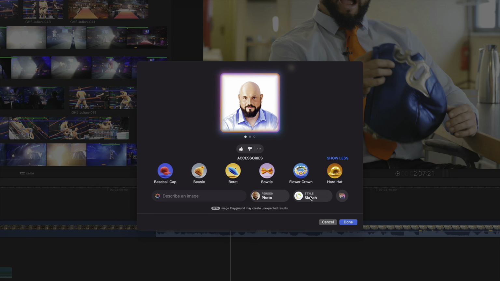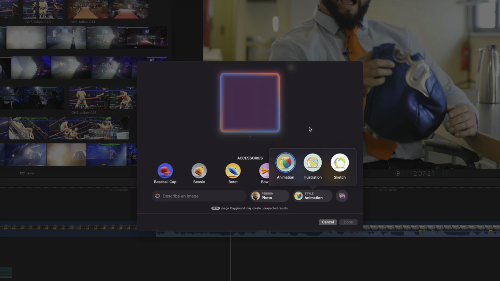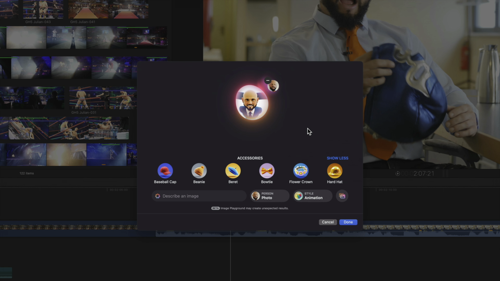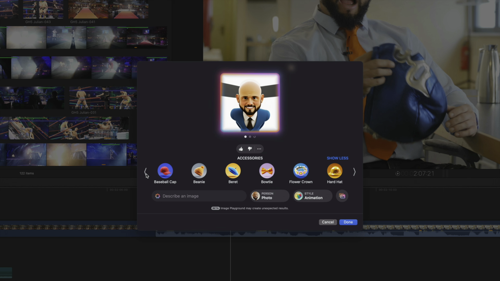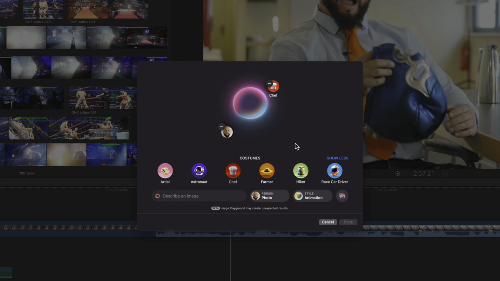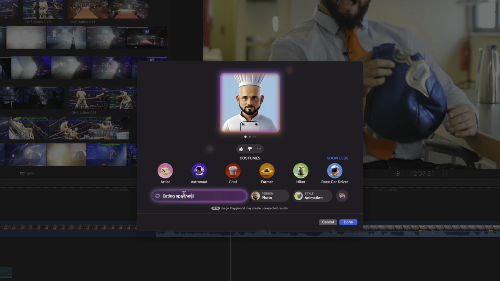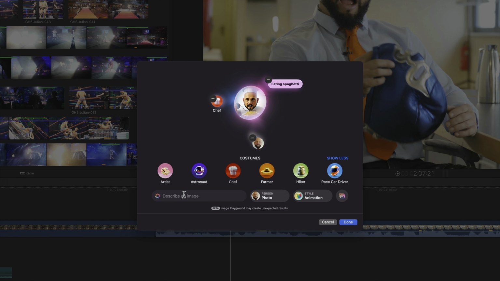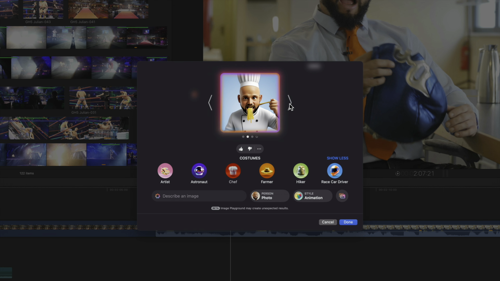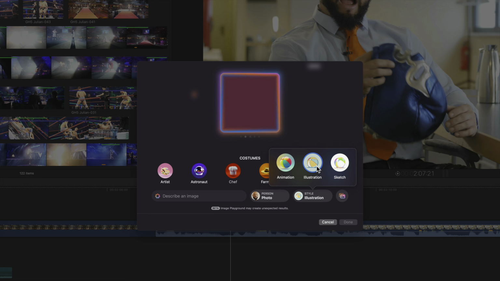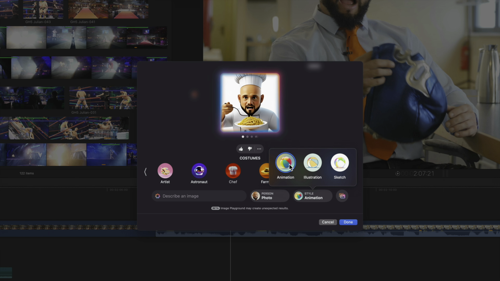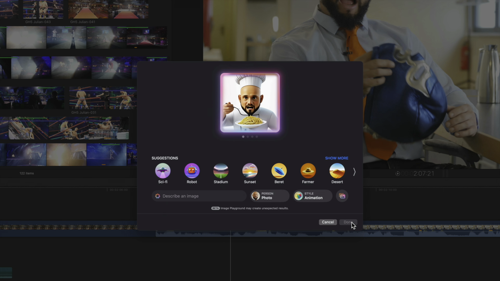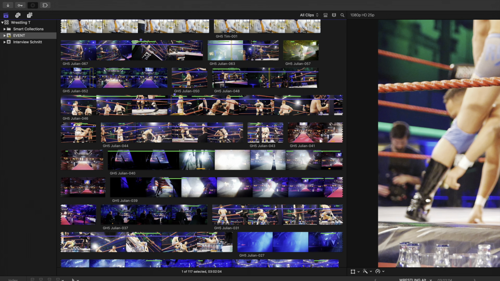It's loaded into Image Playground and obviously recognizes that I want some version of the person in the image. I'll just pretend that this is for a cooking show and give him a chef's hat. And enter a prompt to have him eating spaghetti. The first image is generated, and I can flip through alternatives to the right and even change the style to get some other stylistic options. But I think I'll just leave it on animation. Assuming I like what I see, I can simply click Done. The window closes, and the image that I chose is rendered and automatically imported into my event.